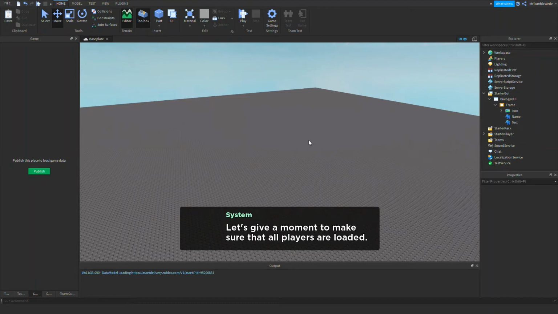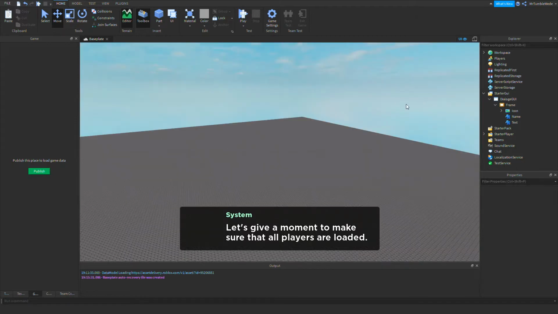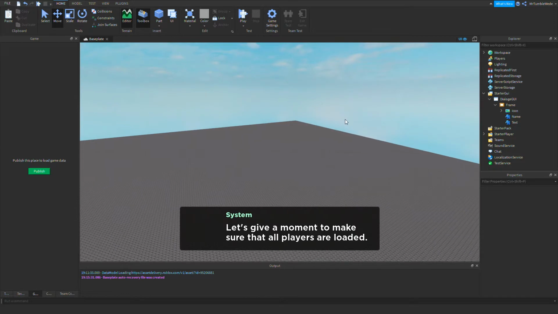Hello everyone. Today I'm going to be teaching you an advanced dialog UI. Now I already made a tutorial on how to make a dialog UI, but over the years or months, I guess, I have developed some more, I've learned some more, and now I have a more advanced and more efficient way on how to make a dialog UI. So let's actually get into the tutorial and get into the scripting.